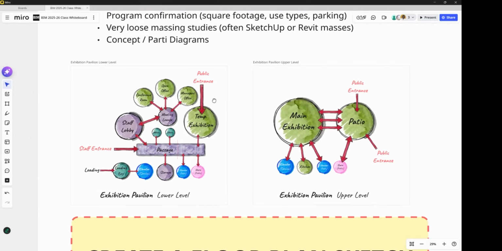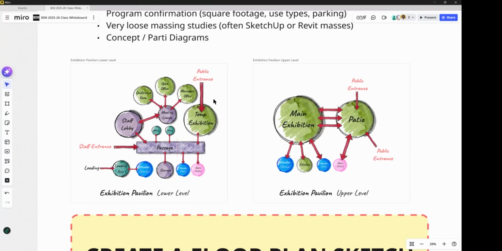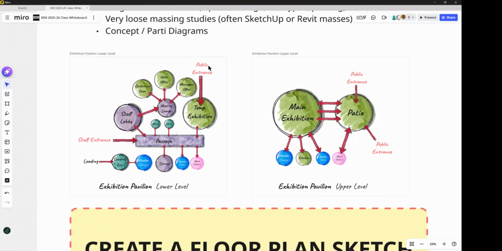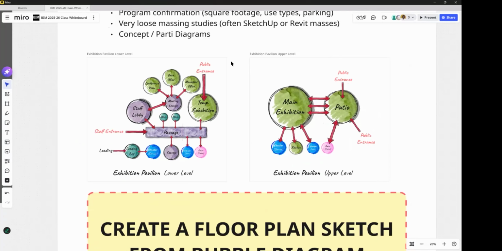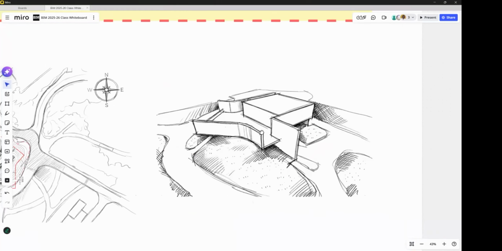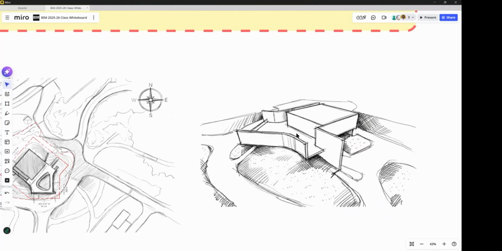And I come to you guys as members of my team and I say, hey, I have this idea. This is a bubble diagram of how I want the building to flow, and this is a massing sketch of how I want the building to look.